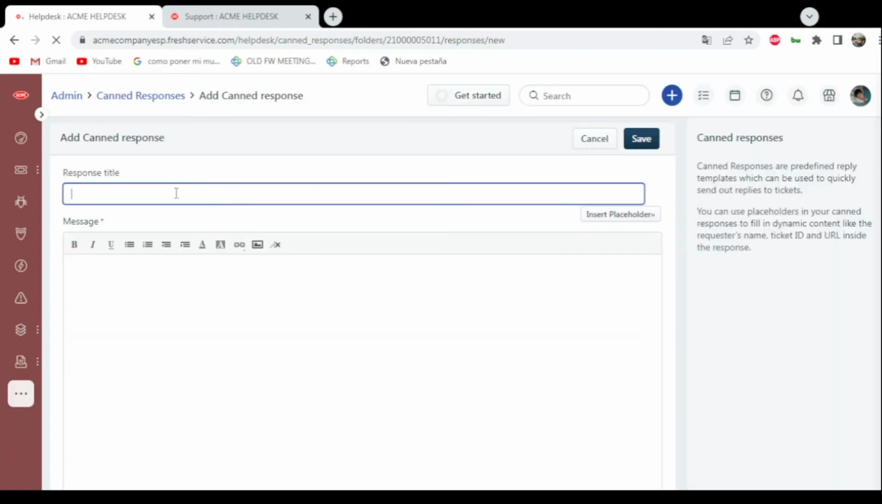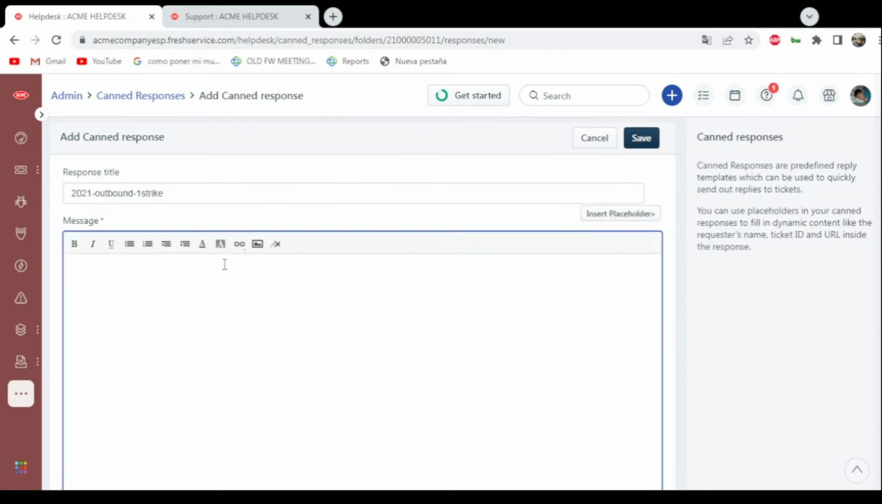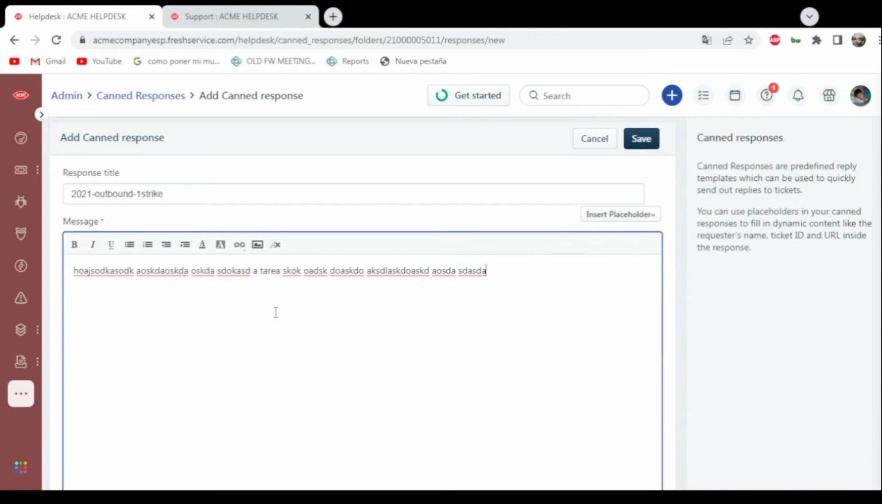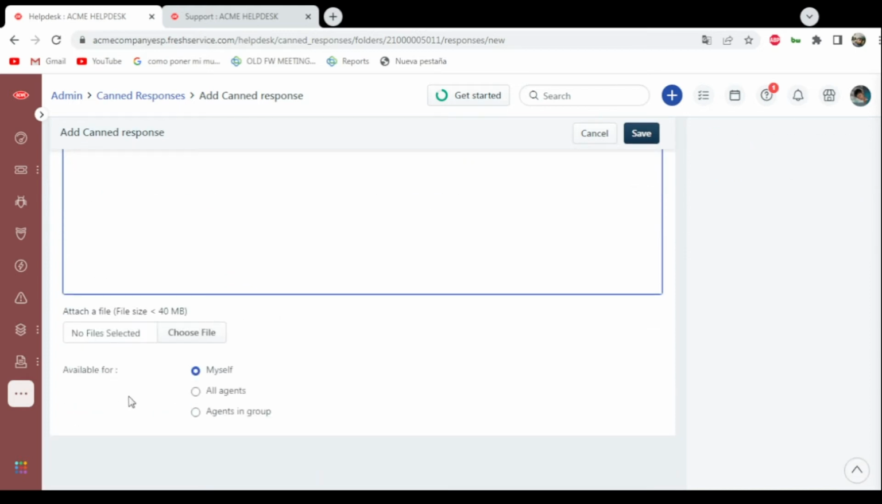Once you are here, you can give a title to the response. For example, I'm going to provide this one. And you can add any message. I'm not going to search for a real one, so I'm going to use this just as an example. You can always choose attach a field if you need the email to have a field, and you can choose